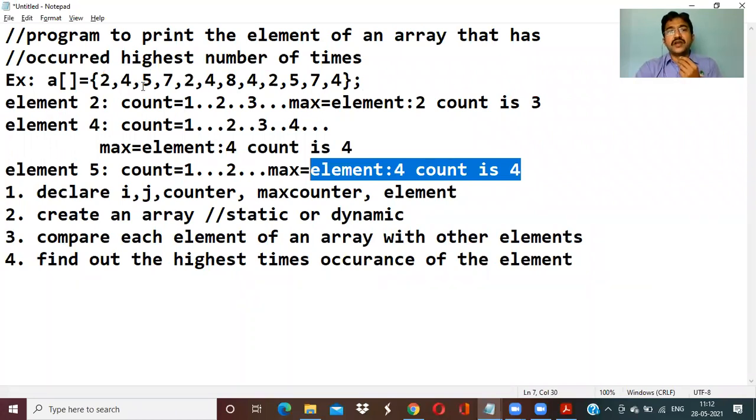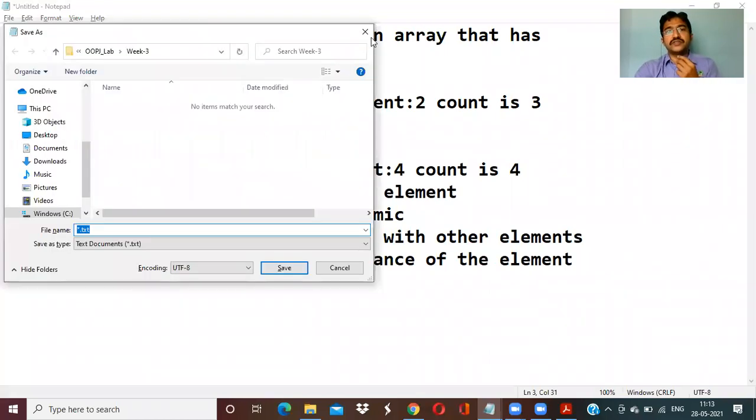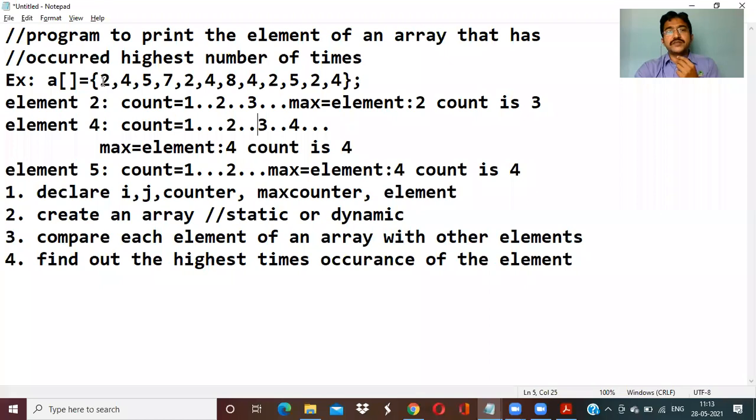Say for example, if 2 has repeated 3 times, and I'm just replacing 7 with 2. Now with 7 replaced by 2, how many times has the value 2 repeated? 2, 2, 2, and 2, that is 4 times.